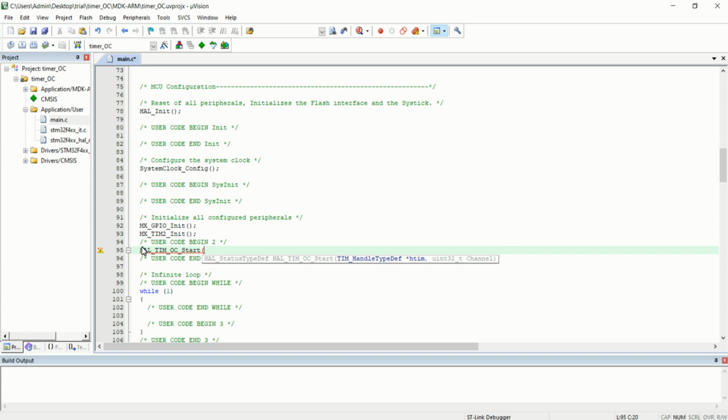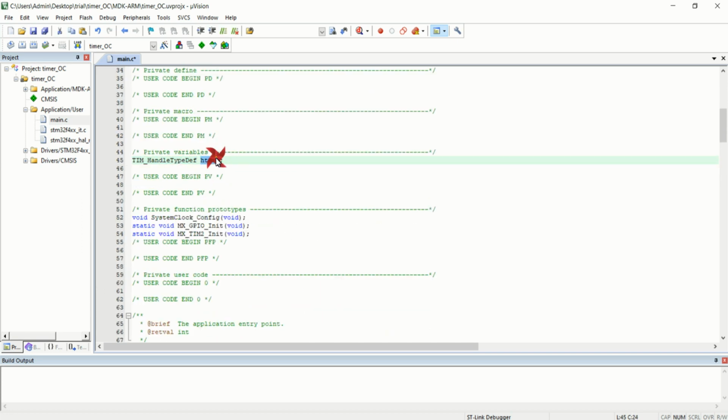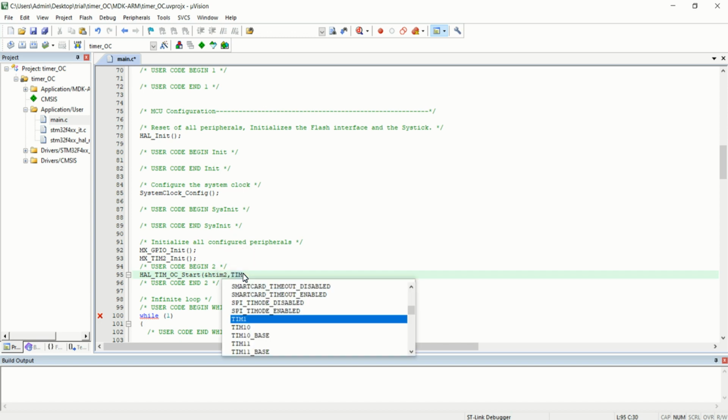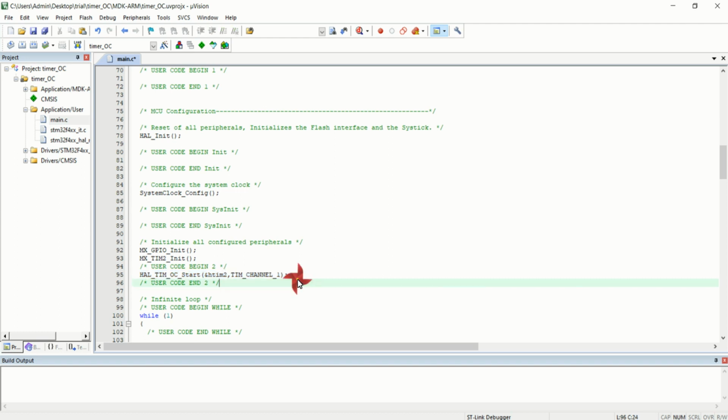This function call requires two parameters: the first is &htim2, the handle variable that has been declared by CubeMX, as you can see. The second one is the channel number, as we did in the last lecture, TIM_CHANNEL_1, and that's it. Now the timer will be started with output compare channel 1 of timer 2.